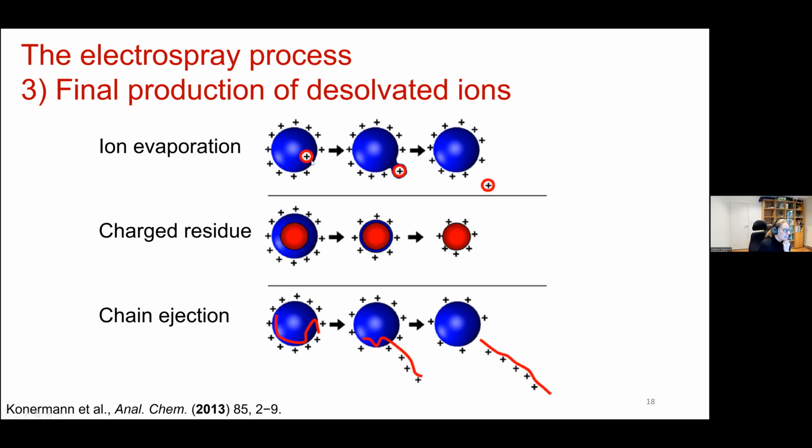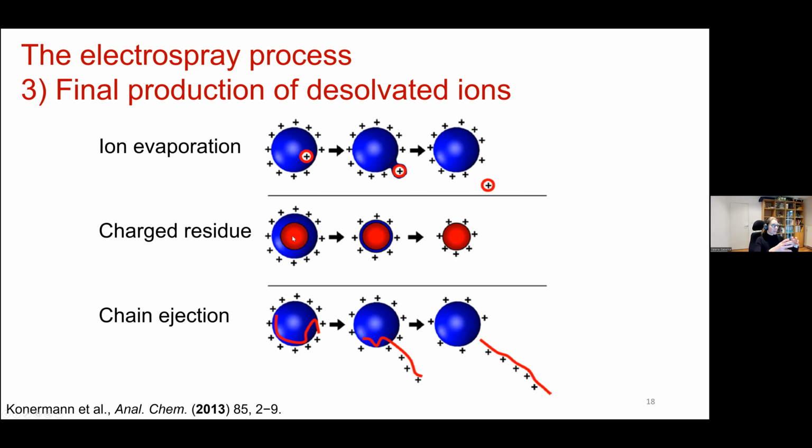The first model is ion evaporation. It means that the ion can be expelled from the droplets, but this is not valid for large molecules like DNA. Maybe it's valid for small ions like sodium or acetate that can be expelled from the droplets, but not for a big nucleic acid. What happens for big molecules, proteins or nucleic acids, is basically these two extreme cases. It's called either a charged residue